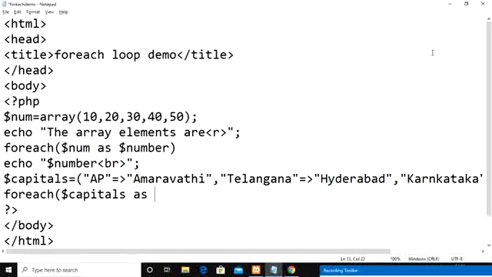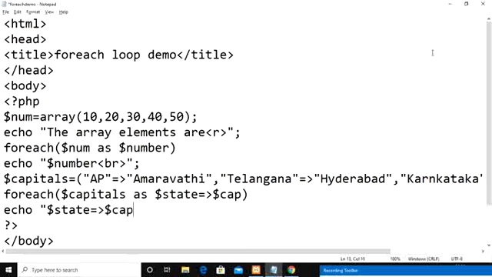All of those I refer to with the name state, and the value names we call cap. That is how we access them. Then echo, you can write $state => $cap. Then a break statement.